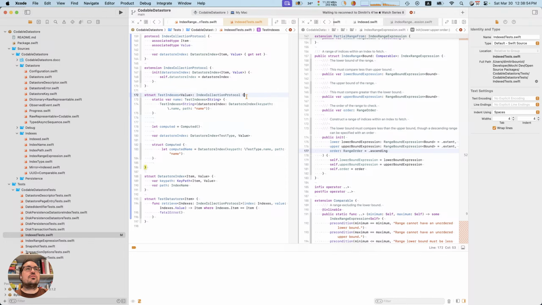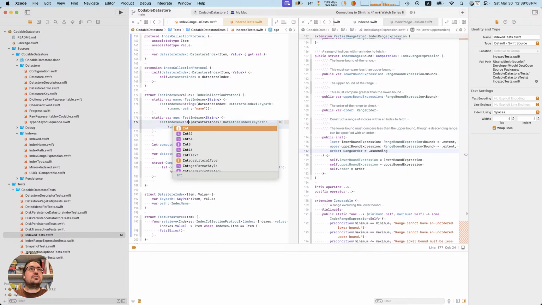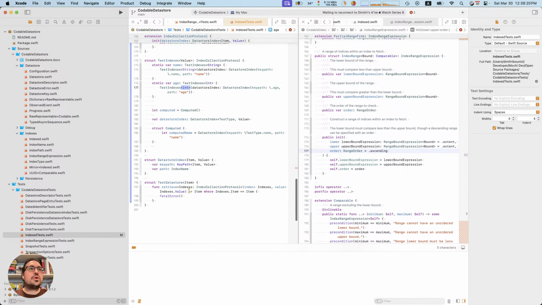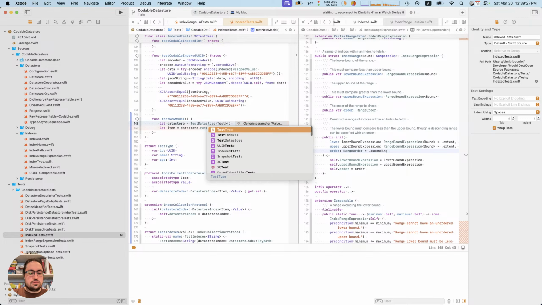Okay, so we have name and we have age. Okay, that's complaining because this needs to be an int and this needs to be an int. I guess that doesn't work. No, this one needs to. Okay, there's some wonkiness going on there, but if we were to try it out, okay, this is not going to be test type.